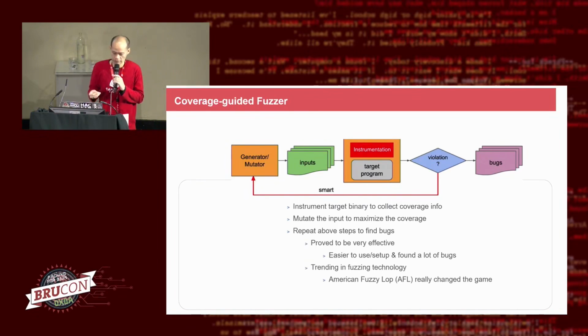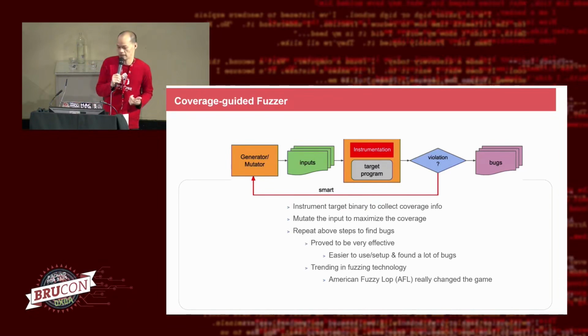It's much smarter than white box because it knows what's going on. But on the other hand, we do not rely on very heavy and complicated techniques for binary analysis. So guided fuzzer proved to be very effective and it found a lot of bugs in the last few years. It's easier to use, easier to set up, and really finds a lot of bugs. And one of them is